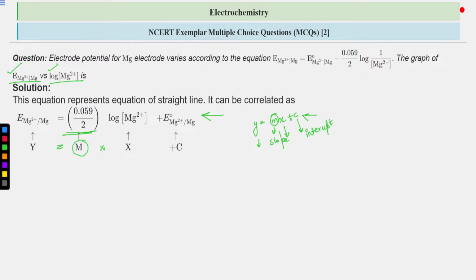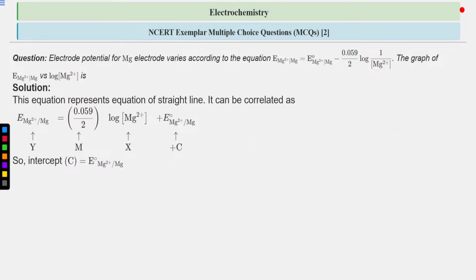If you remember, this was initially negative, but we made it positive by doing this, 1 by x to the power minus 1, right? So this slope we finally have in positive, right? And the intercept is also positive, E naught of magnesium 2 positive to magnesium. So intercept, that is c, is equal to E naught of magnesium 2 positive to magnesium, which is a positive value, and